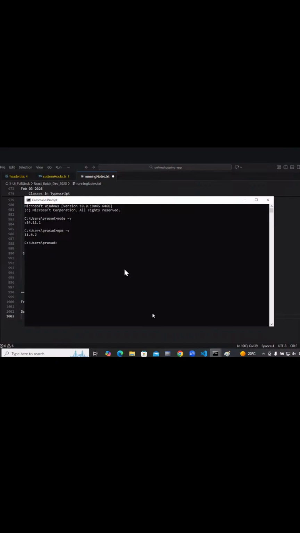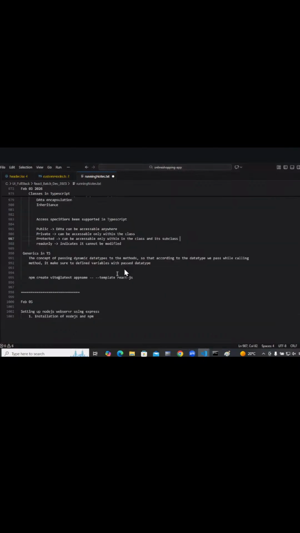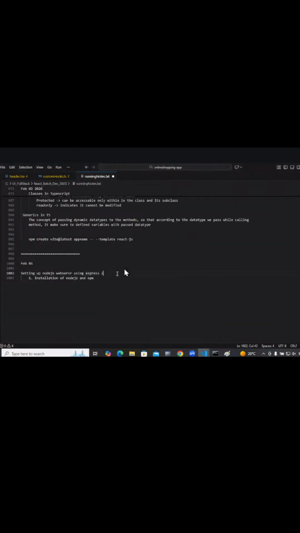Point number one. Now I'm going to create your web server based on Express.js, where Express.js is a framework on top of Node.js.